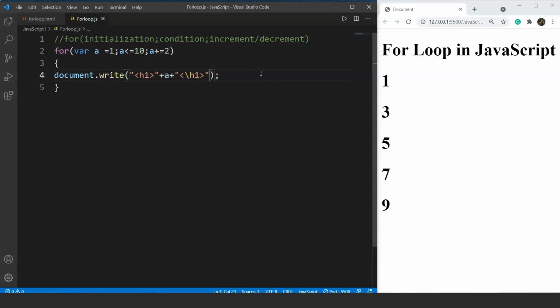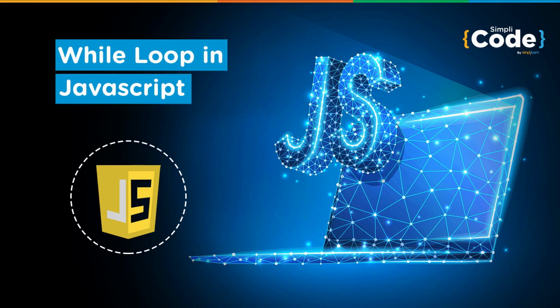So next up we have the while loop. Like the for loop, while loop is also an entry control loop, which means that the condition will be checked first. So the question here is how while loop is different from the for loop. If you guys remember, when we discussed that we must know the exact number of iterations, then only we can use the for loop, right? So the while loop is preferred when we are not aware of the number of iterations, or we can say we don't know if the condition will be true for a certain number of times.